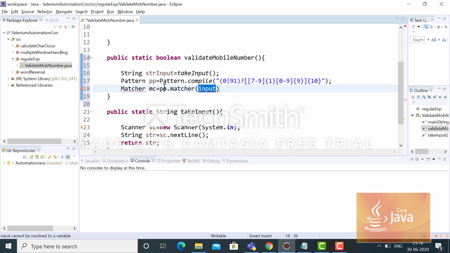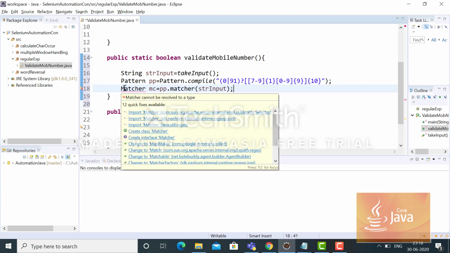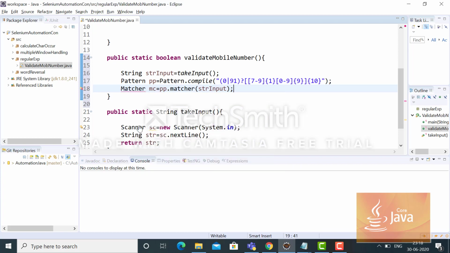Now this matcher will take one string. Against which string should I match this pattern, that input string? And that also I have to import. It's in the java.util package.